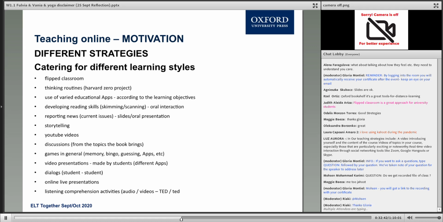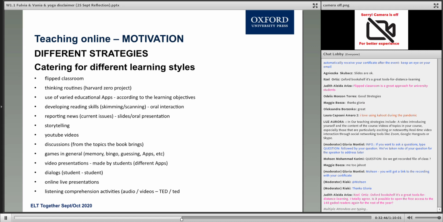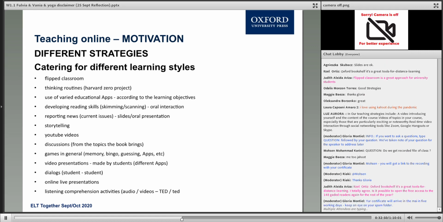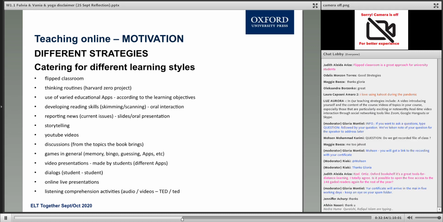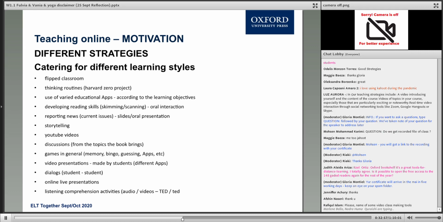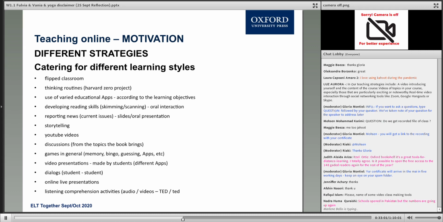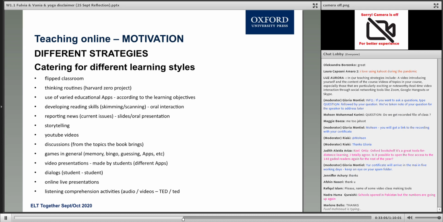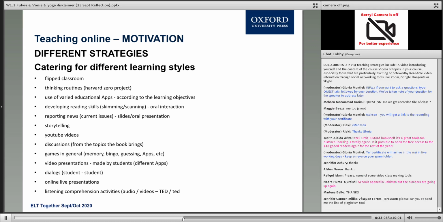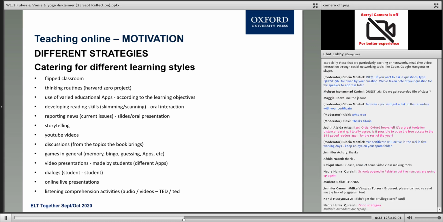With the little ones, we have used a lot of storytelling with different strategies, videos, and the teacher himself or herself, and other people from outside, telling kids stories and interacting to make them motivated. Lots of YouTube videos, but we had to be very careful not to choose long videos. So a 3-minute video has proved to be enough to engage students and to trigger some kind of discussion, interaction.